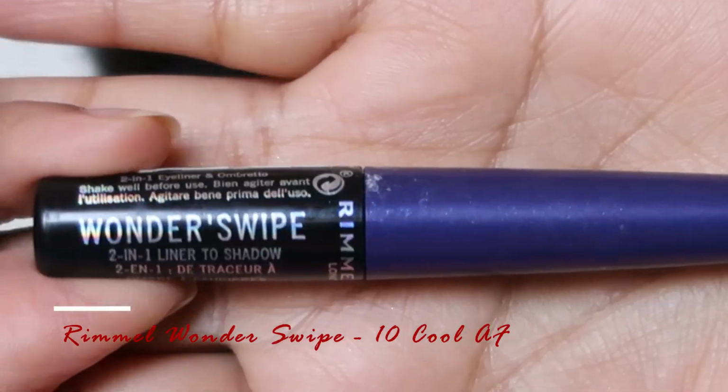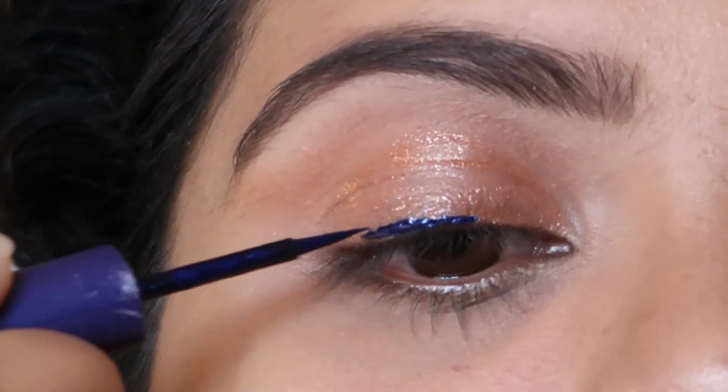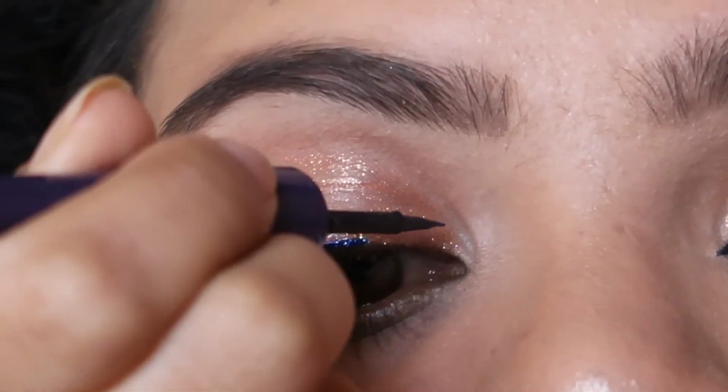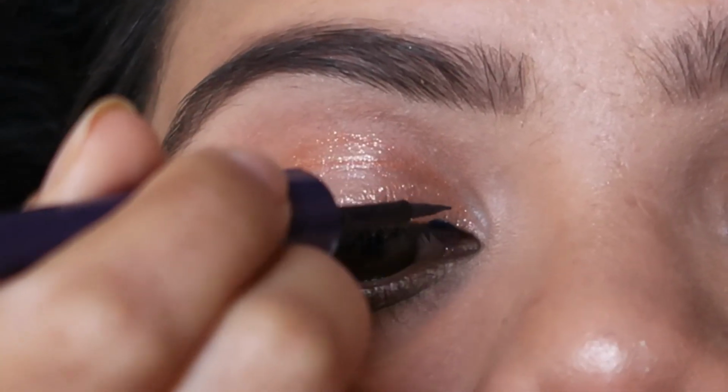Product from the same collection is the Kohl AF. It's a bright glitter purple liner, guys, and the color payoff is just wow. I just love this. I'm going to use that as a liner here, and I'm going to create a nice